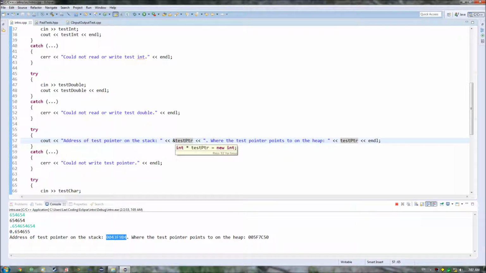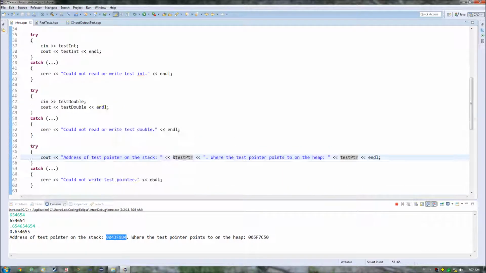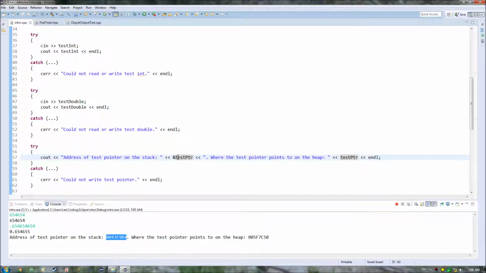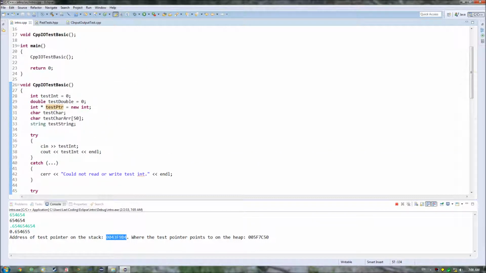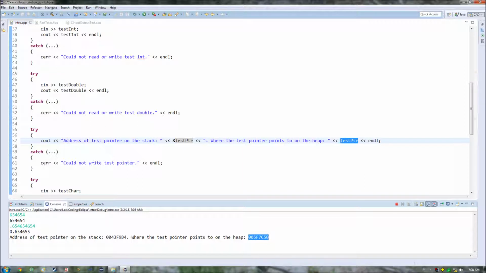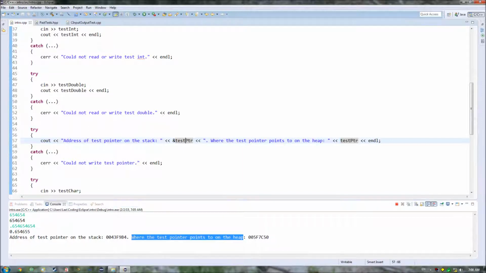One of the important things you can see here is that, in this case, this address, and this is output in hexadecimal, happens to be on the stack, and where it's pointing to, because I created a new int, is on the heap. The difference is that this happens to be your free store, where you have to actually allocate and then manually deallocate later on, whereas this is the automatically generated portion of memory for your code